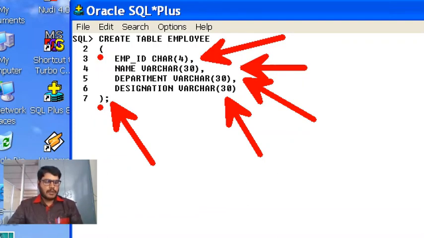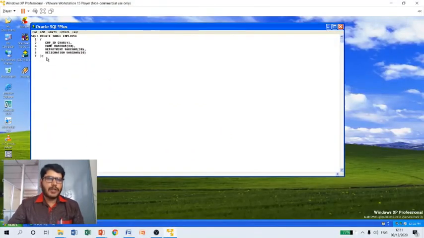So now when I press enter after specifying the semicolon, now SQL compiler will start compiling this statement. Suppose if it is having any errors, then it will generate errors. Otherwise, it will simply execute that statement. So now let us see what happens. Now press enter. Now it is showing the message like table created.